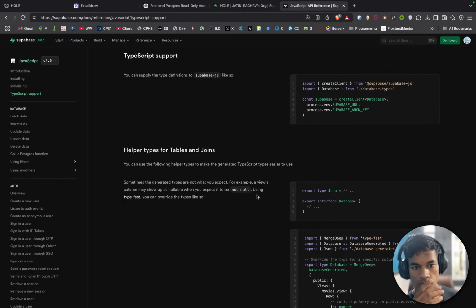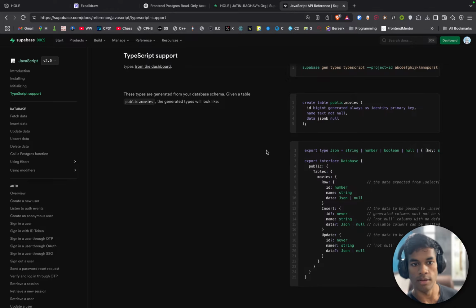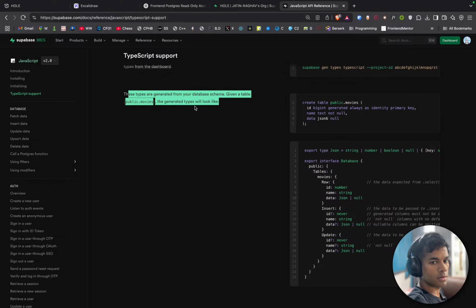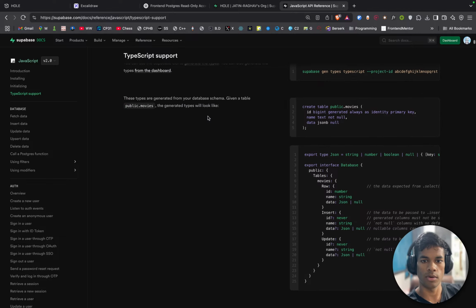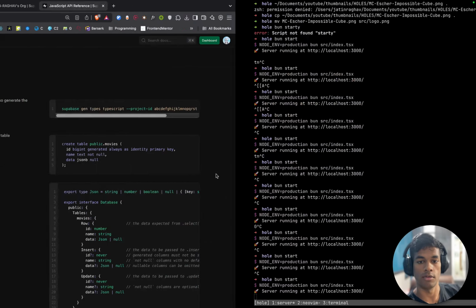Export type Json, interface data. Copy this thing. The types are generated from your database schema. Given a table public.movies, the generated types will look like this. Okay, I just have to do this.